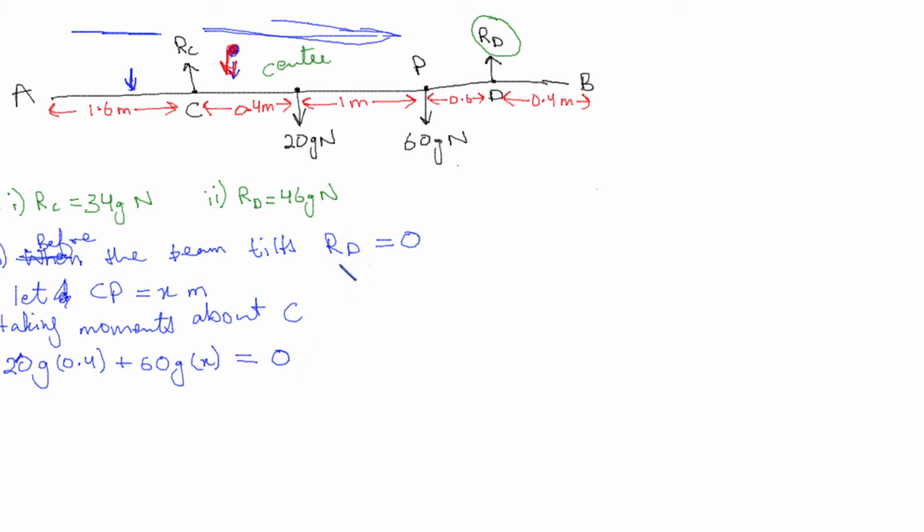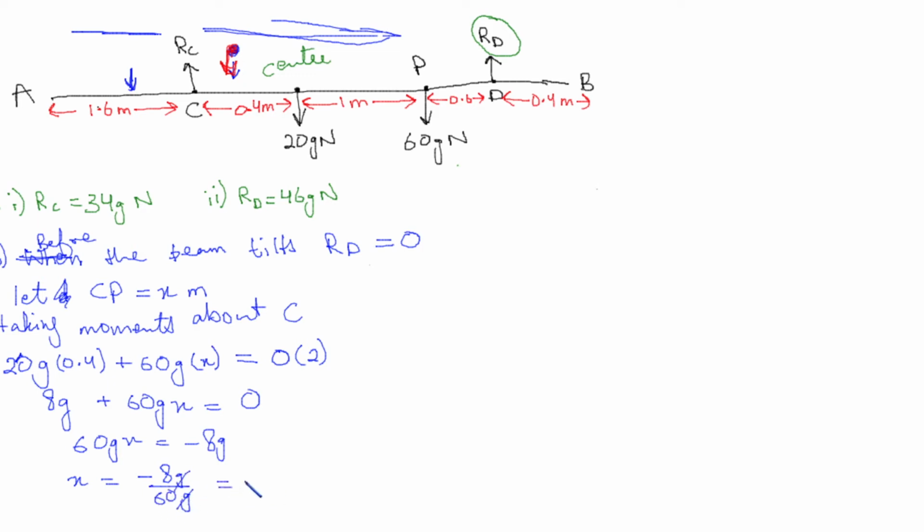So because the reaction RD is 0 and the distance from C is 2, so 0 multiplied by 2 would be 0, okay? So 20 times 0.4 would be 8g plus 60gx equals 0. Now I will subtract 8g from both sides, so I'll have 60g x equals negative 8g, and then dividing by 60g on both sides, I'll have x equals negative 8 over 60, and then we have g's